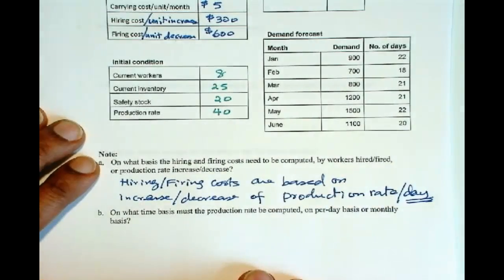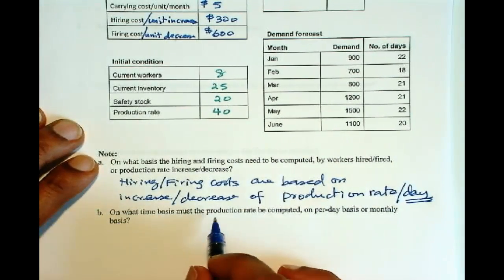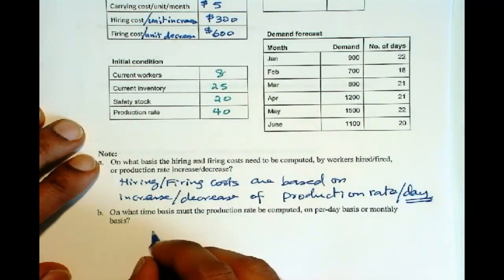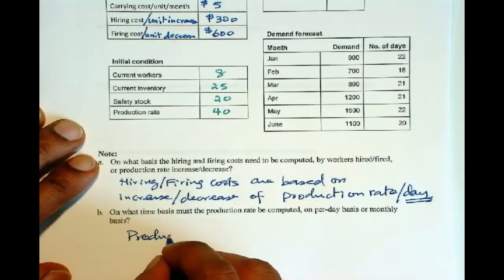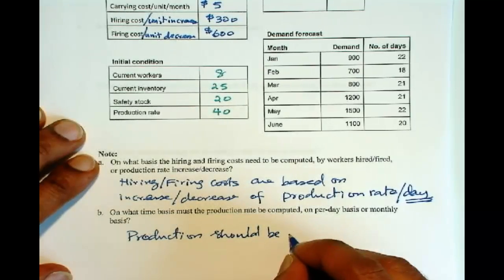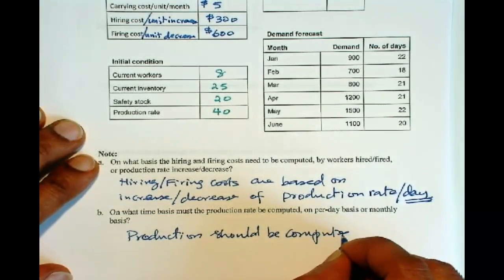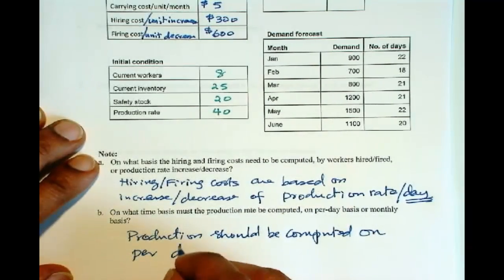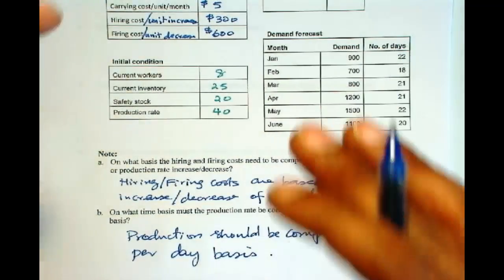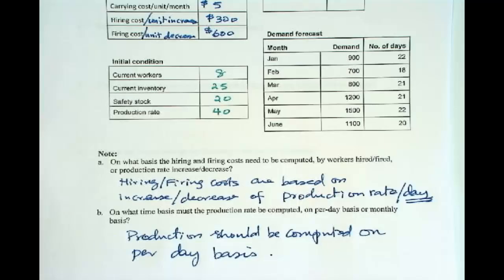Okay. And on what time basis must the production rate be computed? Per day basis or monthly basis? So production should be computed on per day basis. I want to emphasize this so we'll remember when we do the problems in the next page that we will compute these numbers correctly. Now let's go to the next page, and here we're going to compute some basic factors